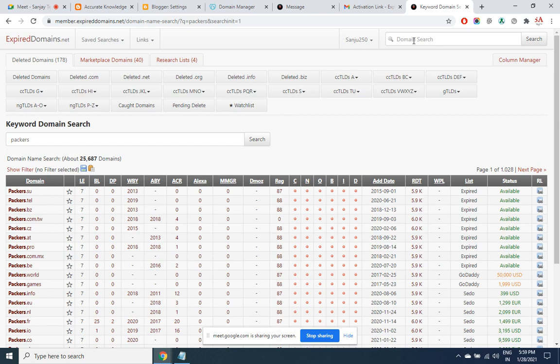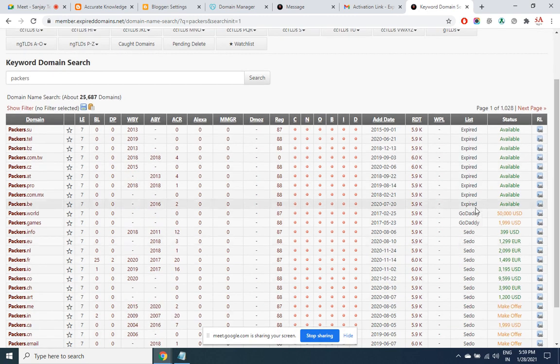So only on Packers, there are so many domains which have expired. All these are expired. Some of them are in auction. This is a premium price that you need to pay. Avoid it. Only go with the regular pricing. Whether you are buying an expired domain, which is shown here as available, or you are buying a domain directly, the price is the same. But if some pre-stated price is there, that means these are all in auction.